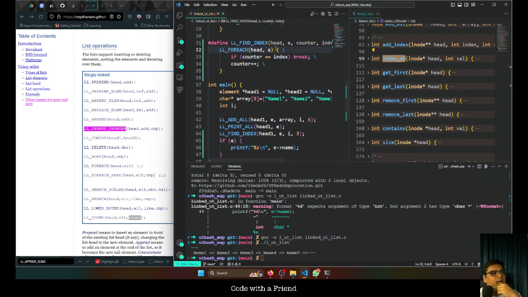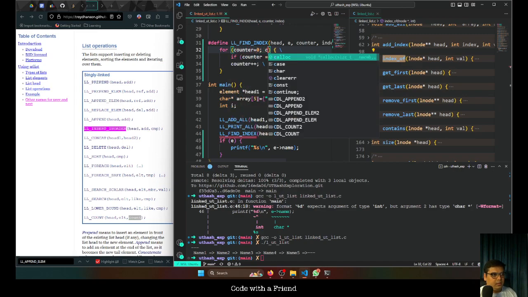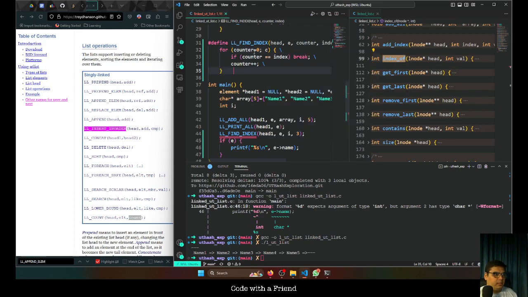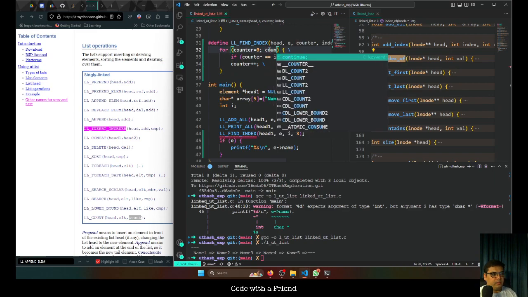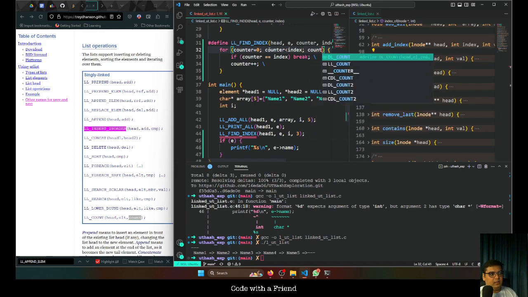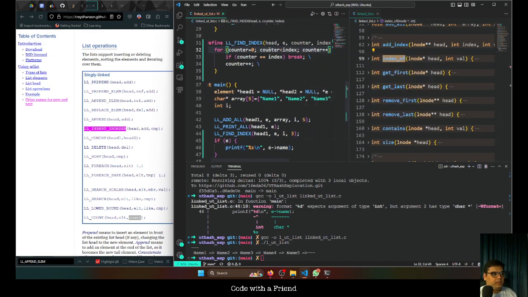So this actually can't happen for this, right? So actually it's not ll for each we should do here. Probably we can just have the counter here. Let's make it simplified. So counter is less than index and counter plus plus,